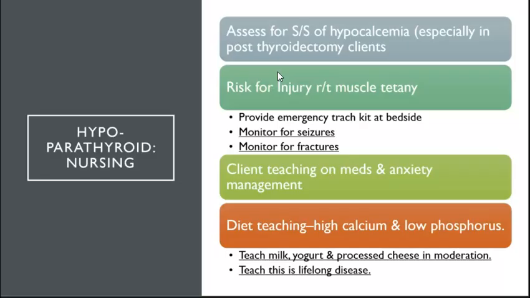How do we change it? How do we treat it? Well, we want to increase the calcium, but it needs to be calcium that doesn't have a lot of phosphorus in it. Now, we like to say milk has an abundance of calcium in it, but milk, and a lot of your dairy products, also have phosphorus in it. So just make sure you're doing your dairy products in moderation, because if we put too much phosphorus in, it's going to do the opposite of what we intended it to do. It's going to keep the calcium low.